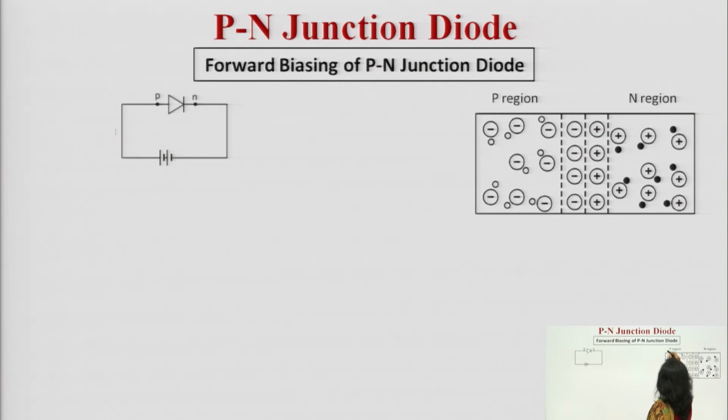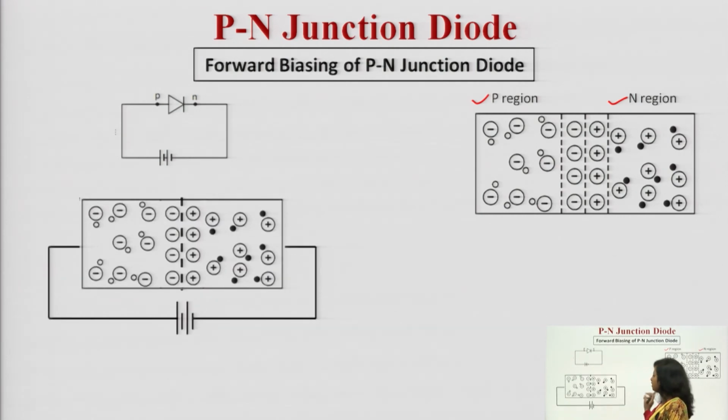You can see this is a P type semiconductor and an N type semiconductor, and you know when a junction is formed, then the diffusion process will take place, because of the concentration gradient. After a certain time a barrier potential is developed, meaning a depletion region is formed. So you can see in this case, when you apply this external voltage V, the battery polarities have been connected in this manner. This is the positive terminal of the battery, this is the negative terminal.